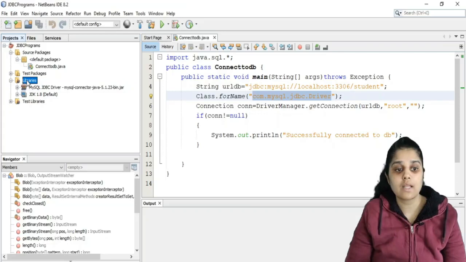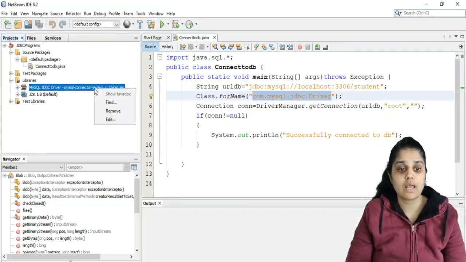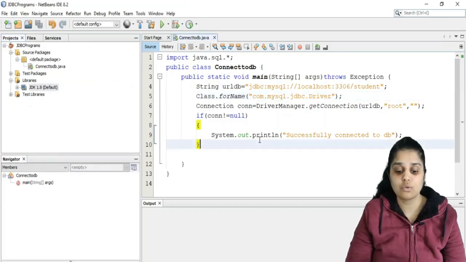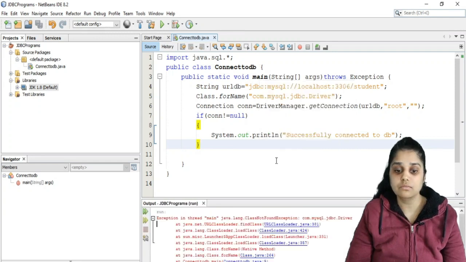Let us see what happens when we actually remove this file. Your class would not be loaded. That is the error that you are going to get. Let us run this program and check. See, your class is not found: com.mysql.jdbc.Driver.